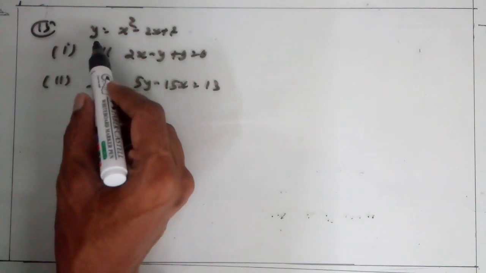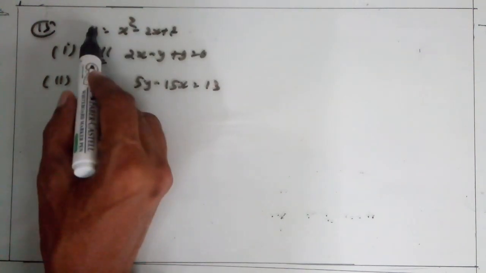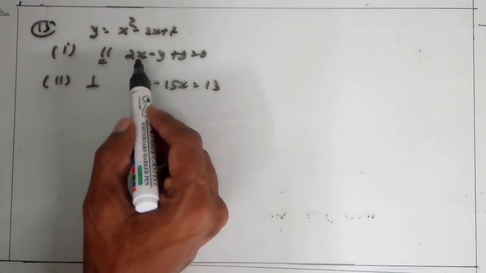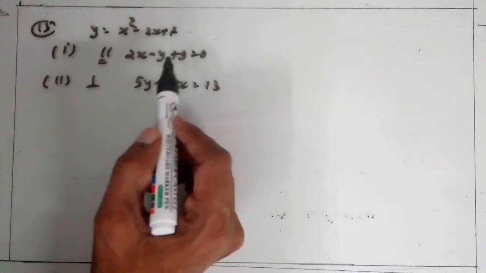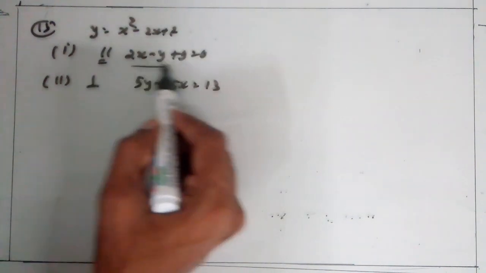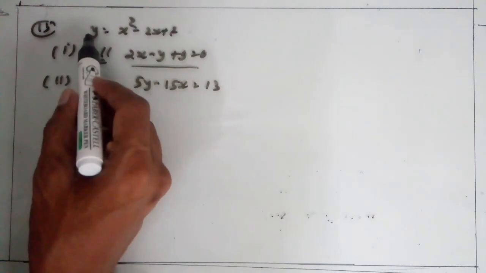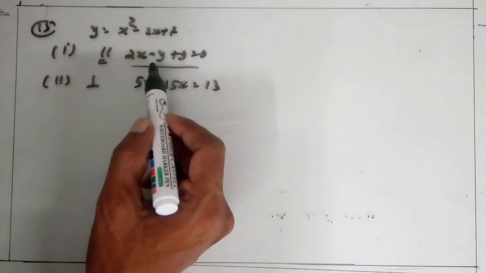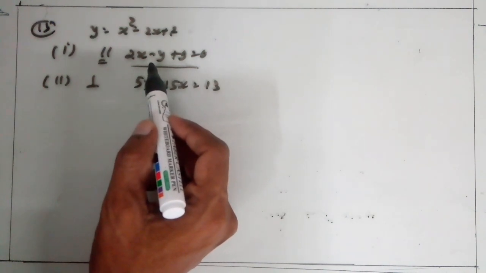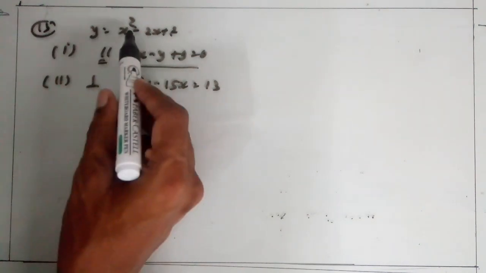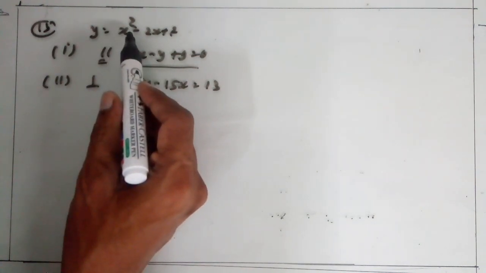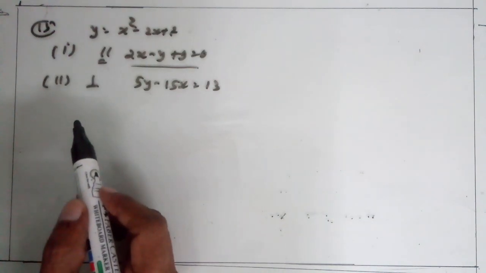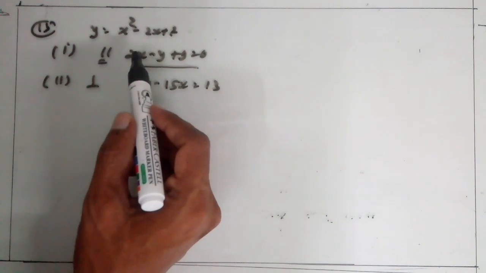Here, first we get dy dx. Compare given with a slope of 2x minus y plus 9 equal to 0, because tangent is parallel to this line. So slope of tangent and the slope of this line both equal. Clear? You know how to get this. Comparing this, we get value of x. Using value of x in this equation, we get y. And using point and the slope, we get equation of a tangent.